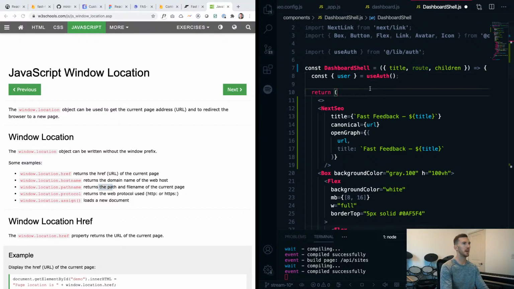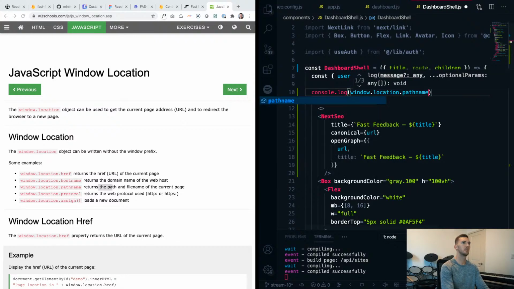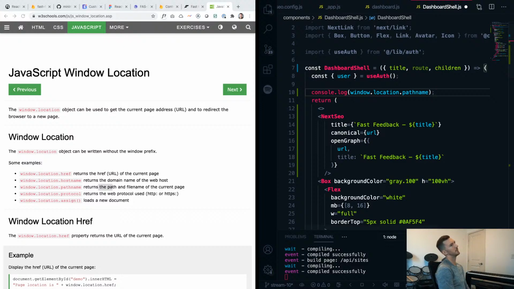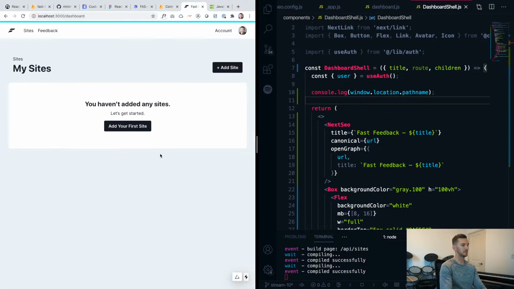So would it be pathname then? And will that get screwed up when trying to statically render this because the window doesn't exist? That's a great question that I'm going to find out right now,